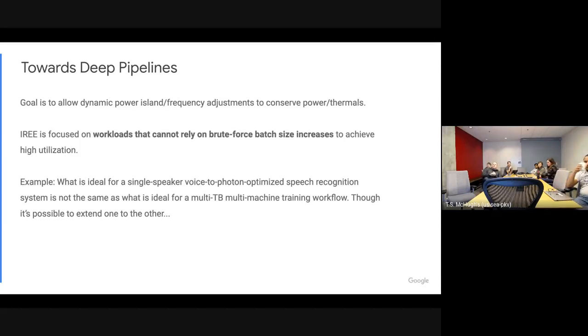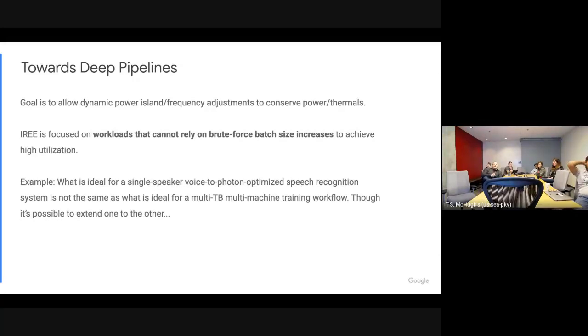And the thing we noticed as we're targeting these edge workloads and such on mobile is that most of our workloads are very much underutilizing the actual hardware. We might have a couple big gems, but most of the models are batch size 1. For example, if you're translating a sentence on a phone, you usually only need to translate a couple of them. You're not, as you would in training, translating 10,000 of them at once.